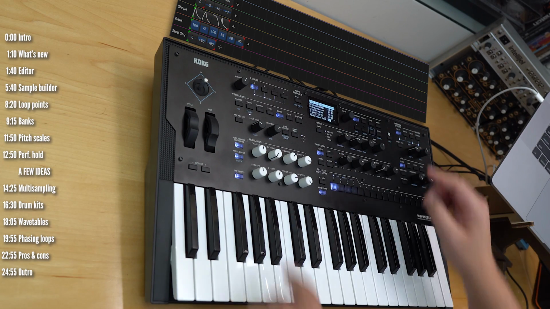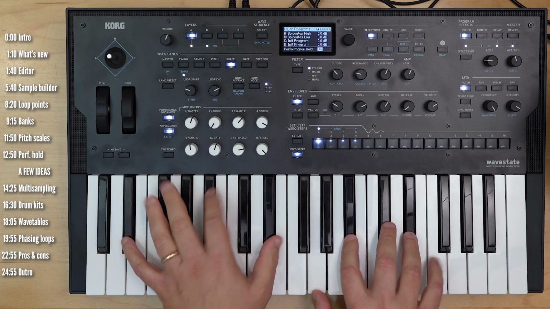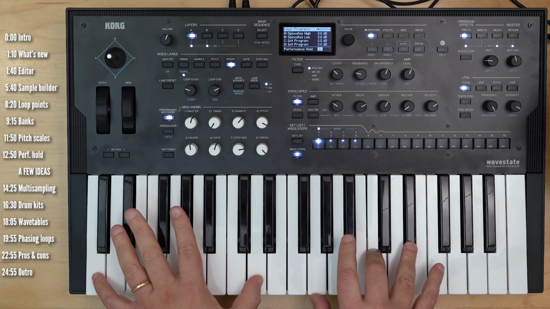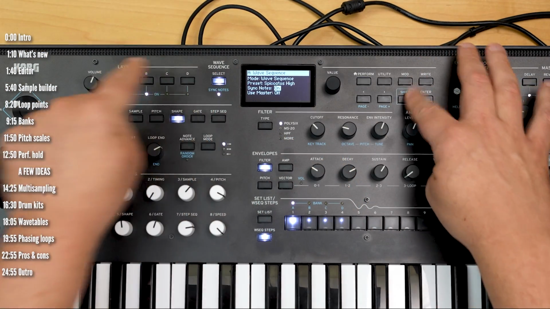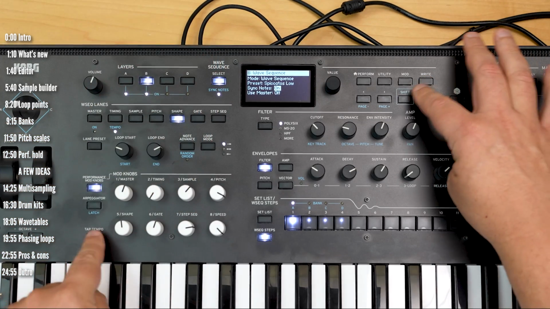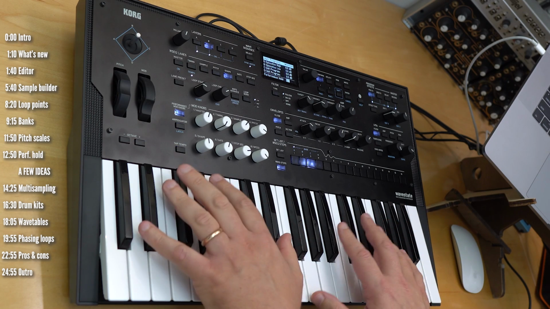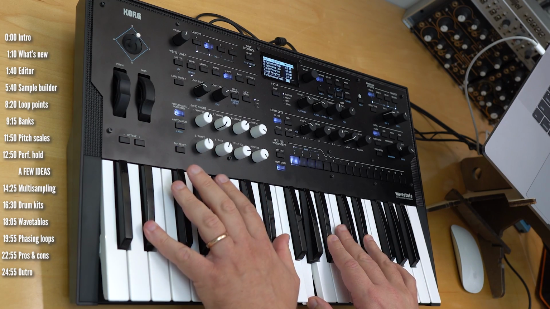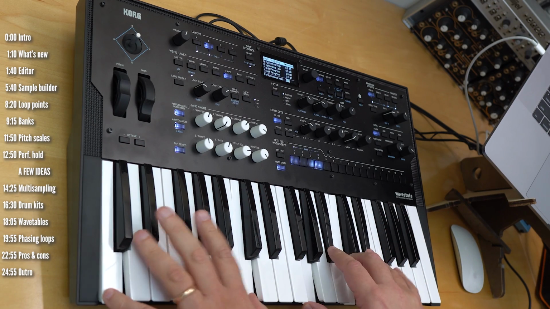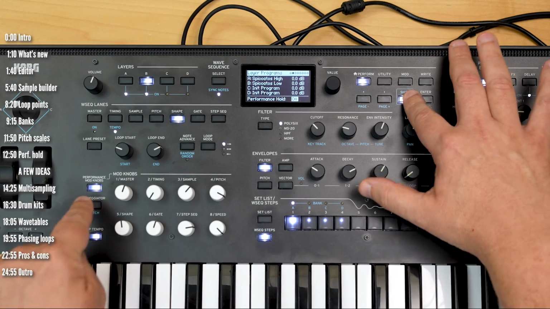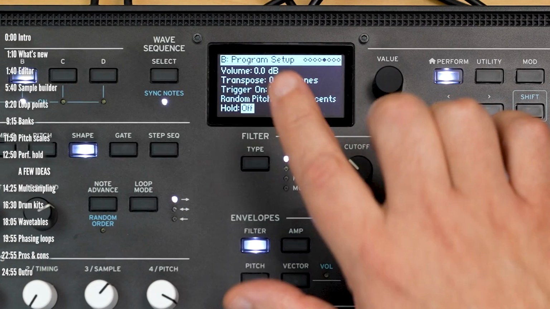Now you do need to be aware of sync notes. So if I have this on and start a pattern and don't time my swap properly, it won't sound good if sync notes is off. So you need to go to all the layers, turn on sync notes, and then turn on performance latch, and then things will be in sync. If I purposely try not to do it in time, it'll still be in sync, as it should be. So cool stuff with performance hold. This, by the way, is as opposed to layer hold. This will be useful in a trick I'll show you in a bit, which is a good segue to the